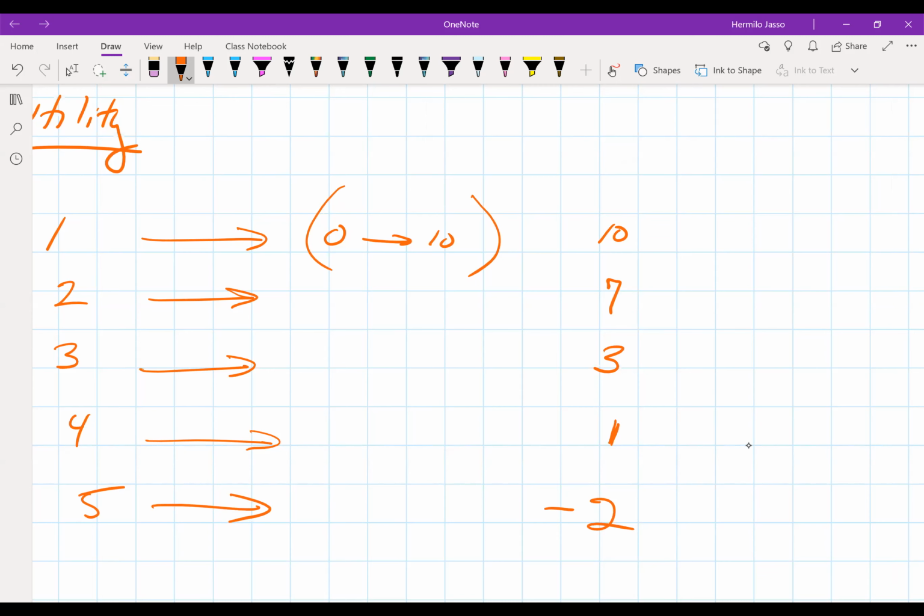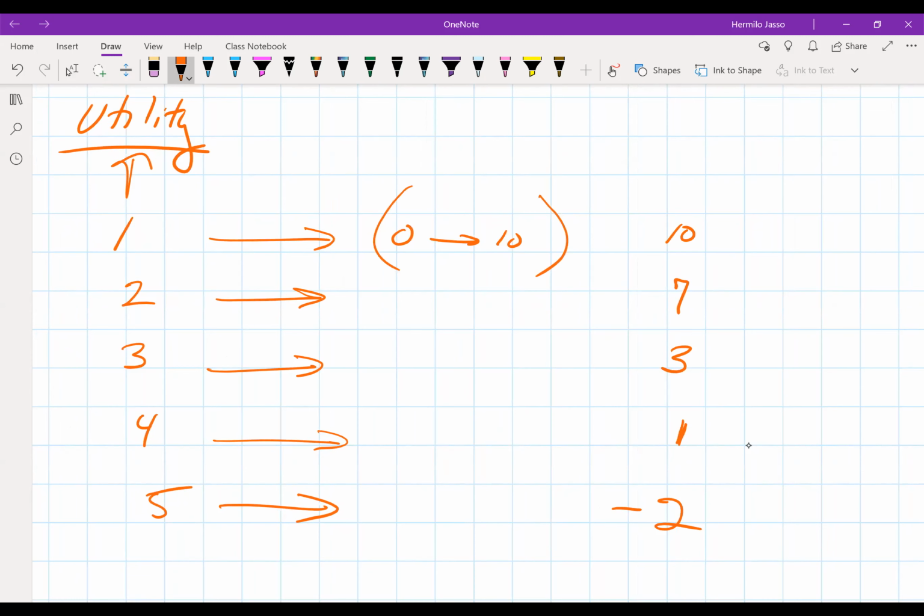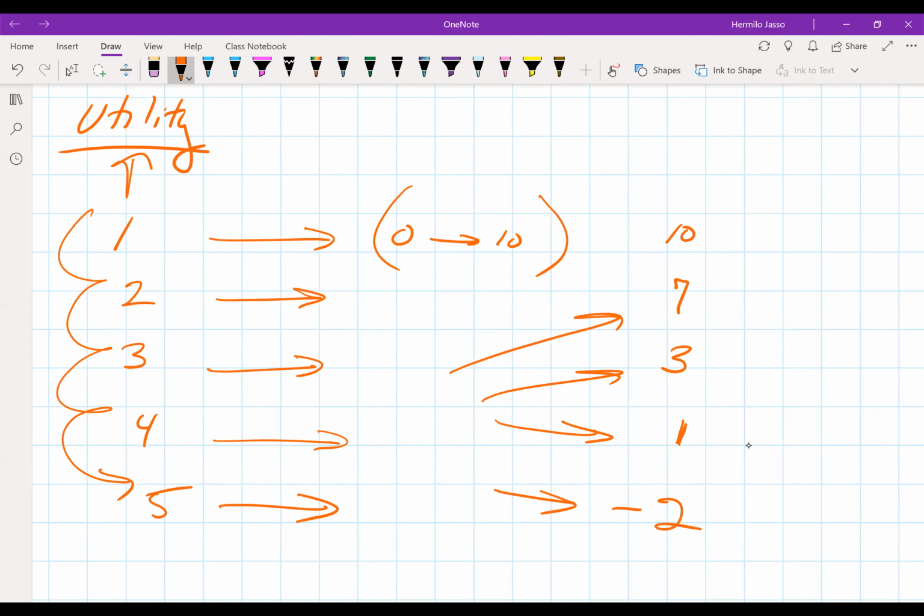So then I'm using this illustration to explain a very simple concept of economics, basic laws. And the law is simply this. Every time we consume something, we get pleasure or satisfaction. But the more we consume of the same product, the additional pleasure or the additional satisfaction tends to decrease.